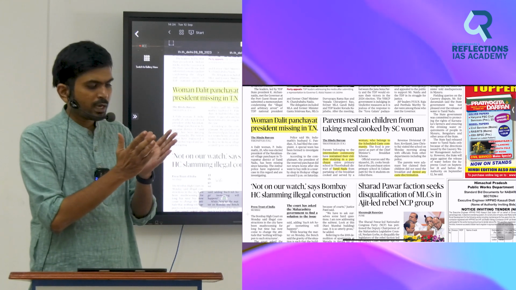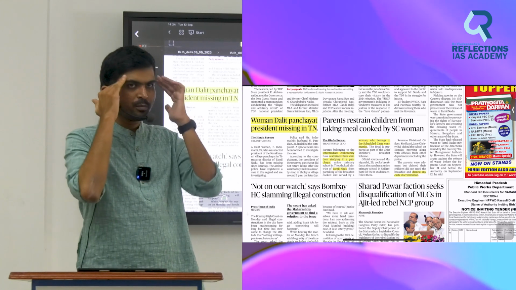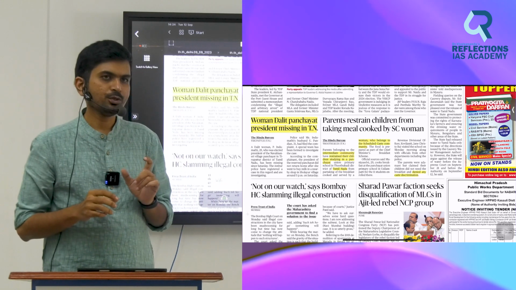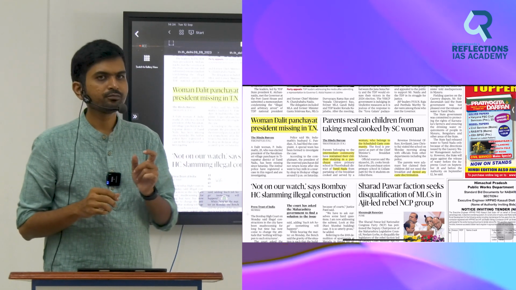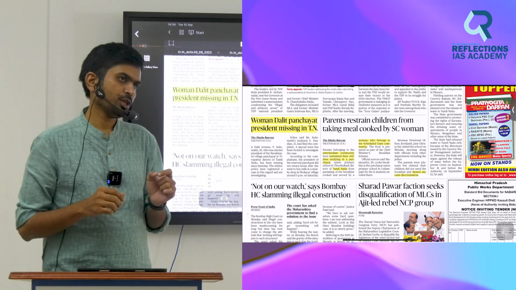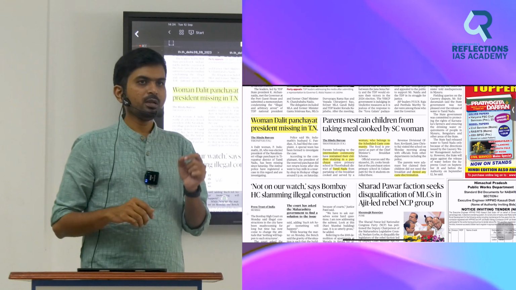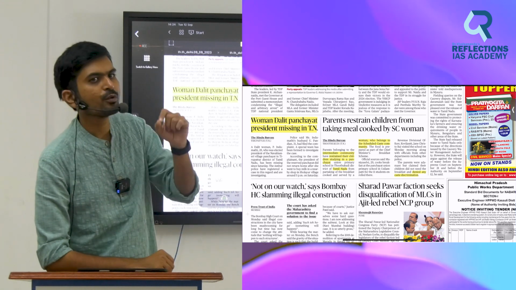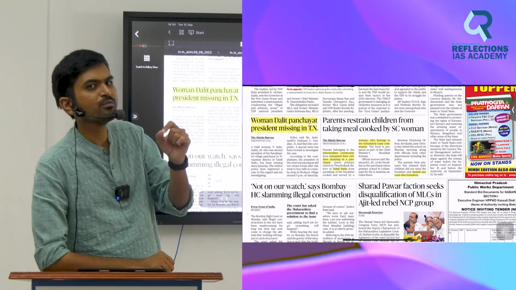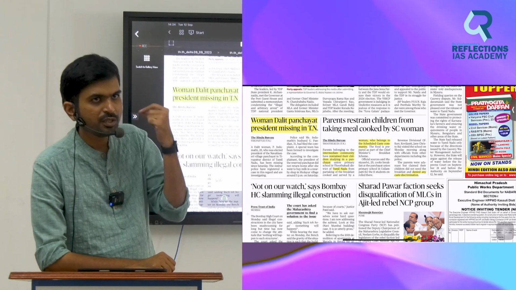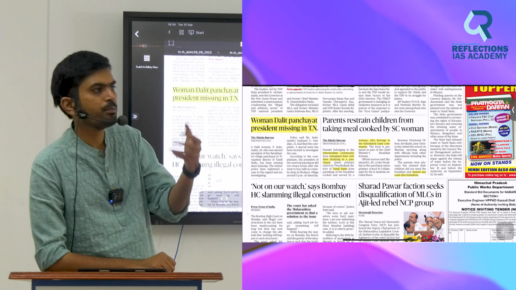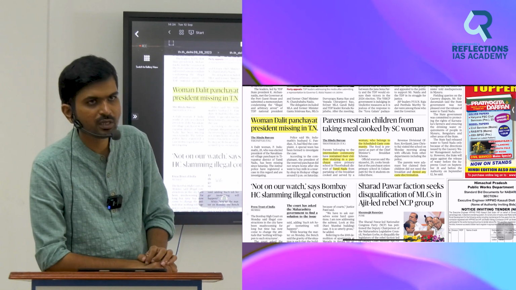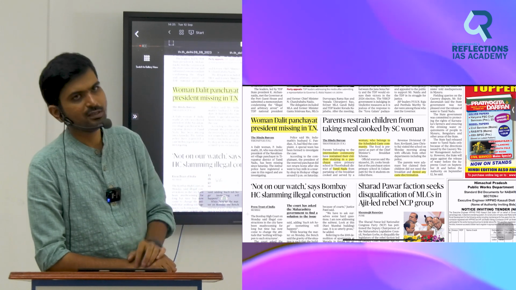So casteism normally in the mind of the people works on the principle of purity and pollution. It works on the principle of what? Purity and pollution. So some people believe that when food is cooked by a Dalit woman, it becomes polluted. In their mind, she is not an upper caste woman or something like that. So they have their own glass ceilings.